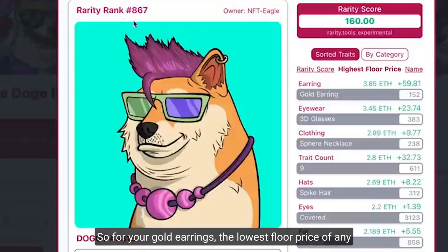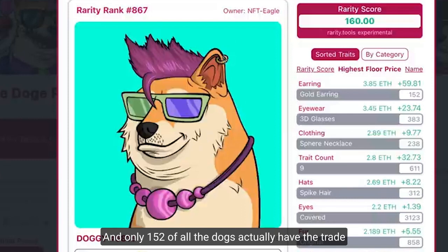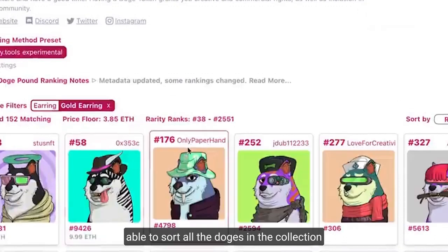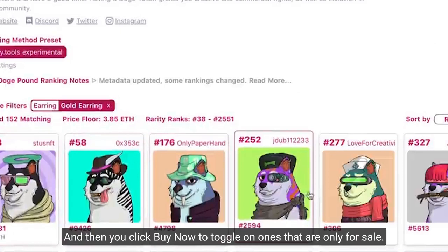So for gold earrings, the lowest floor price of any gold earring trait is 3.85 Ethereum, which is one of the most rare traits you can see right now. And only 152 of all the dodges actually have the trait. So you can click that, and then if you go back here, you'll be able to sort all the dodges in the collection by ones that only have gold earrings, and then you click buy now